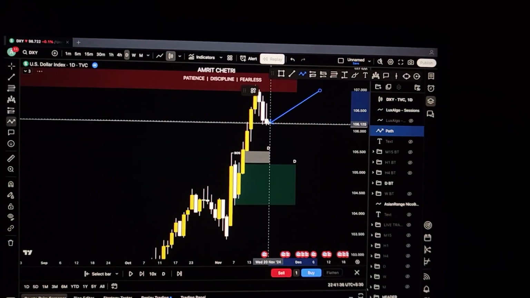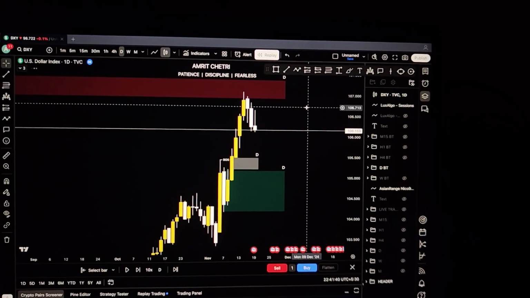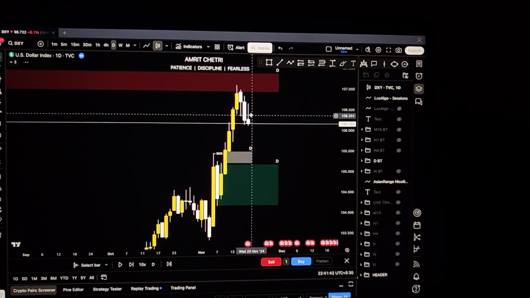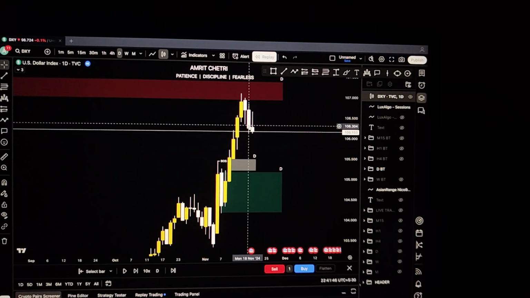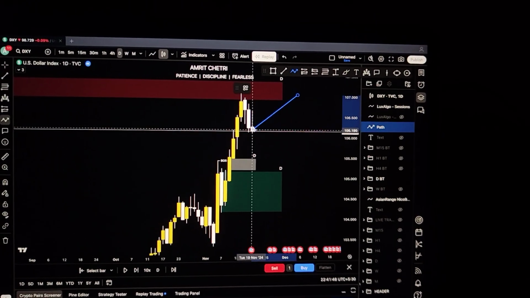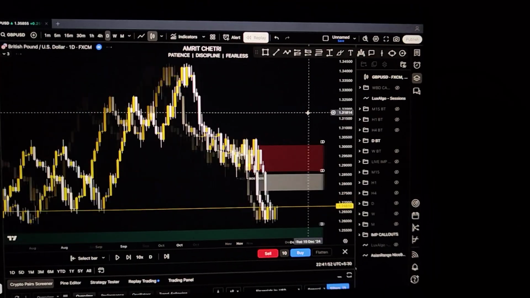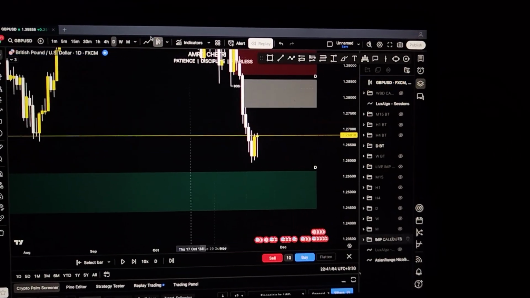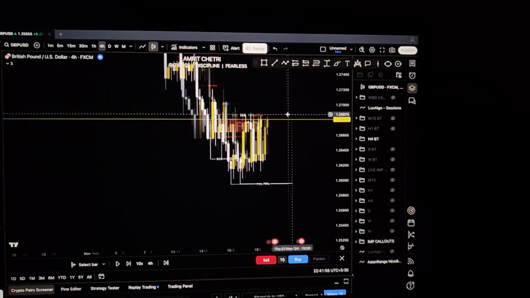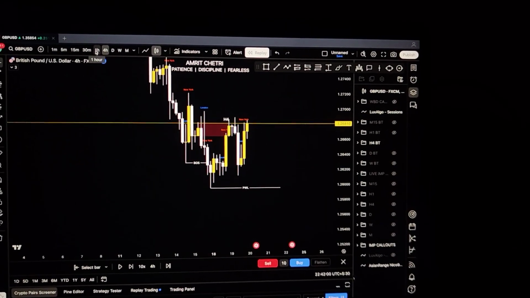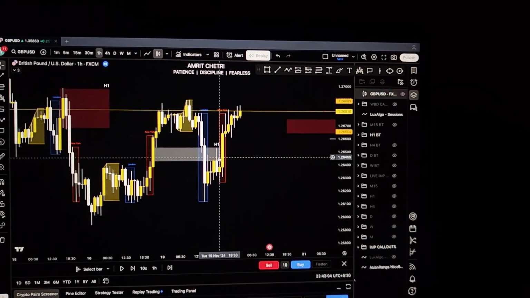DXY closed a bearish candle right here on Tuesday, so Wednesday looking for buys made sense to target this fair value gap right there. Also there was a fair value gap here on Tuesday to fill, which got filled to the T here, and now it makes sense for me at least to go and fill up this daily fair value gap. So on GBP USD, I am looking for buys. If I'm looking for buys, I want some sort of demand zone or market structure shift on the 4-hourly, there was none again. So that is when I go to the H1 and wait for the Asian range to close,